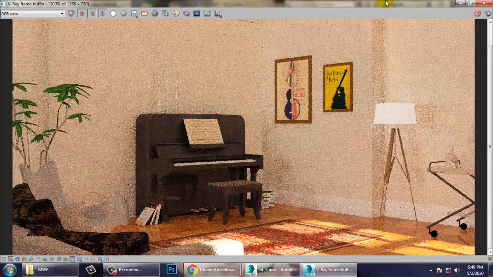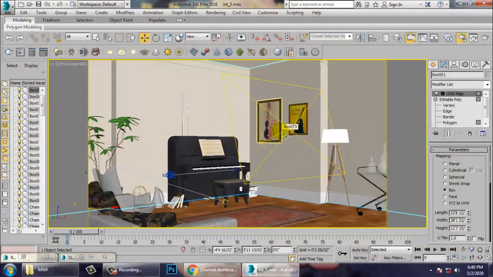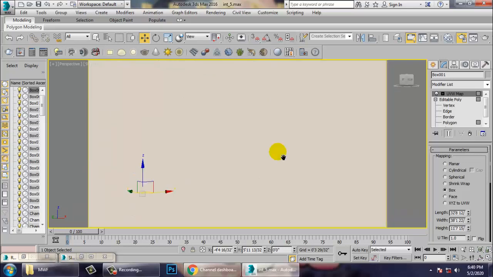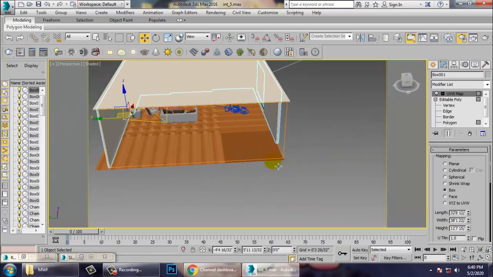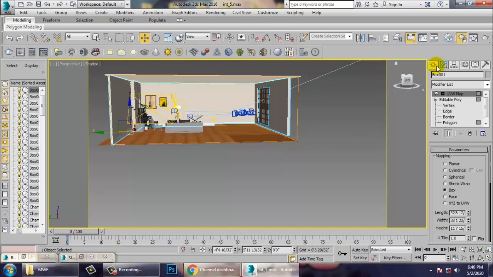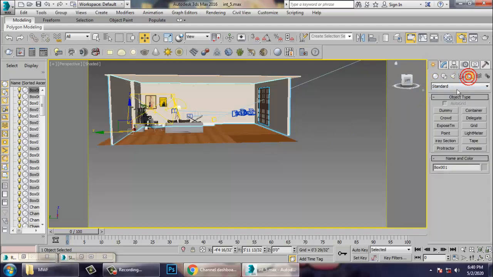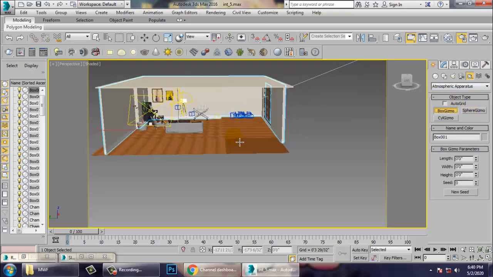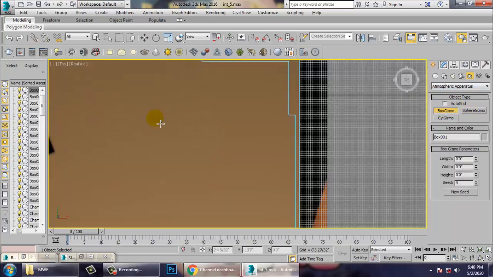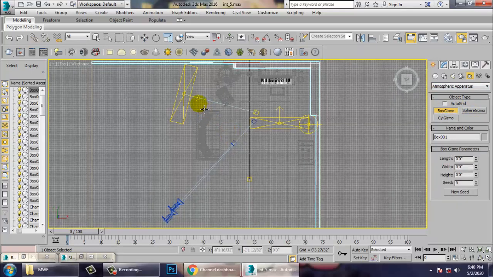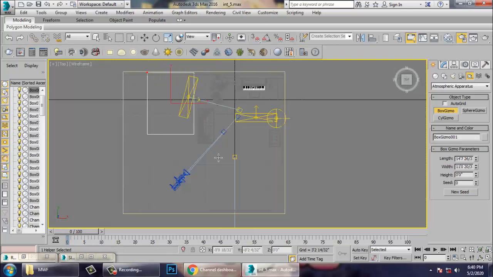And one more thing over here is we need to assign a volume light. For a volume light, what we'll be doing is we'll go into this atmospheric apparatus and let's take a gizmo over here. So let's take a gizmo.